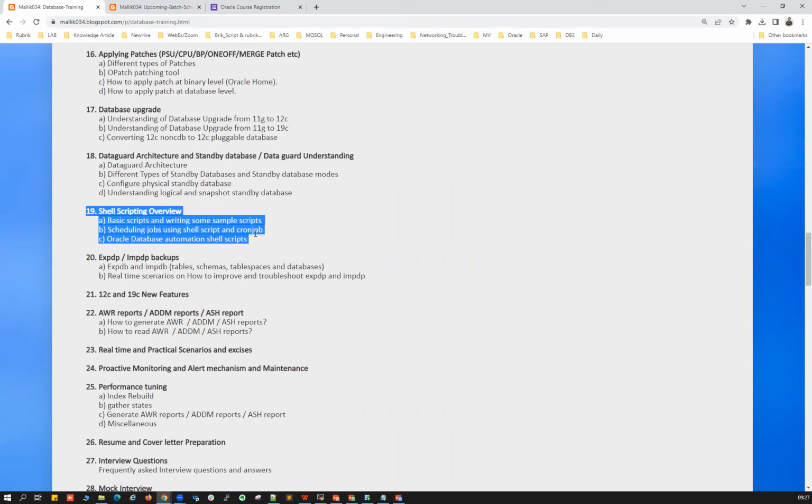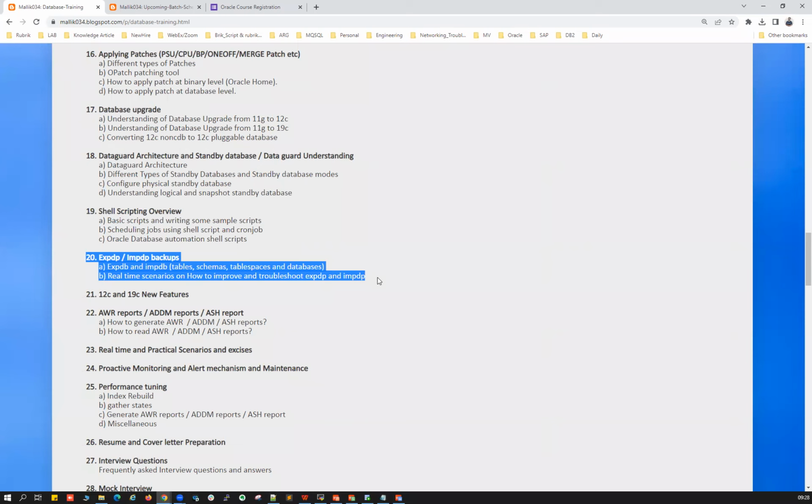And is there any blocking session? Is there any idle session? There are so many checks we do. We ideally spend a minimum of 1 to 2 hours every day, once we log in, doing a lot of checks. So how can I automate them? By writing small shell scripts, I can automate my day-to-day activities. We'll start with understanding basic shell scripting and crontab, how you can schedule them in crontab. And we'll write some basic shell scripts to monitor your database, and we'll schedule them as a cron job. That is about shell scripting we'll cover here in chapter number 19.